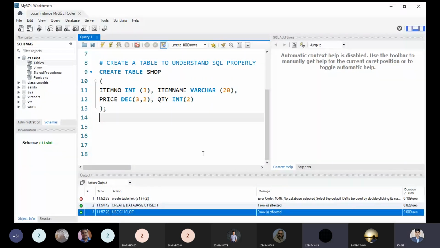Yes, sir. And sir, what about this semicolon? Semicolon is optional part right now over here, but when we're writing the multiple statement, then you can use it. It's optional. Suppose I'm not using, then here the MySQL workbench will generate an error. You will see now there is no error is coming. Before executing, there is no problem. If error is coming, suppose now you can see.